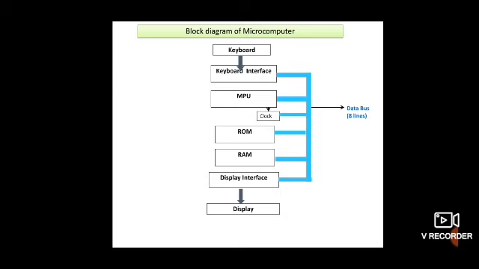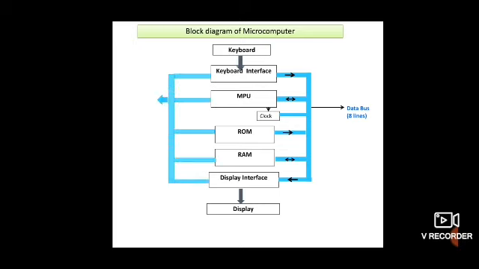So these arrows show the data flow in peripheral devices. These arrow data lines are showing the data flowing. So see here, at the MPU, both arrows are there. So it is bidirectional, means data goes from and to memory and peripheral device. These are the data bus. Data bus is a bidirectional bus.